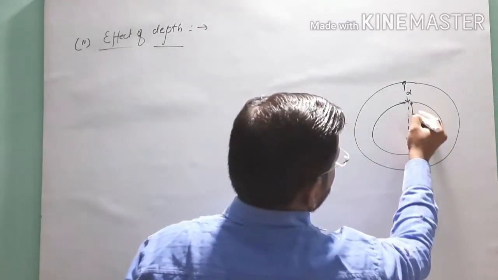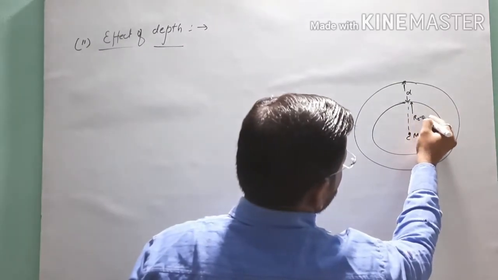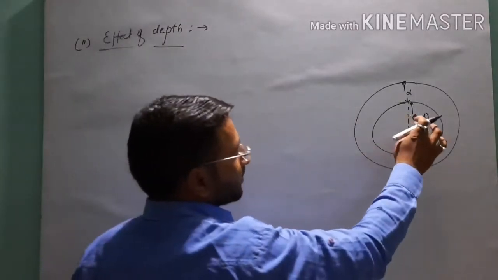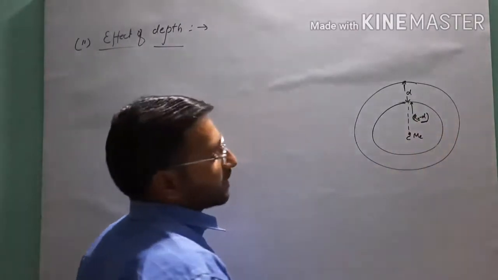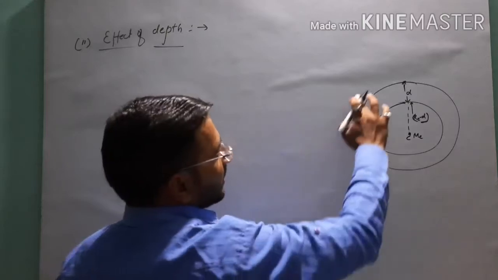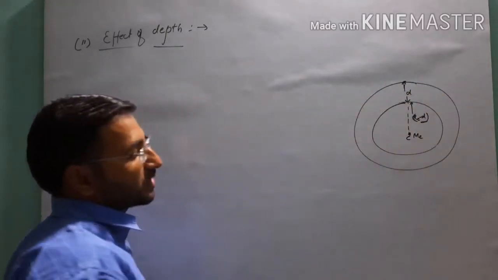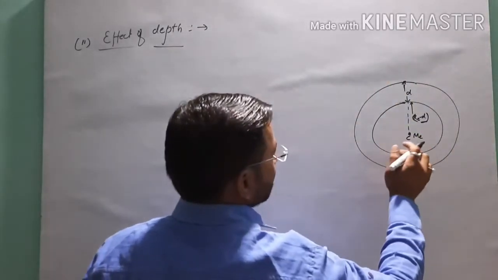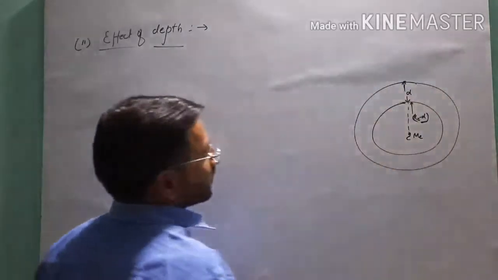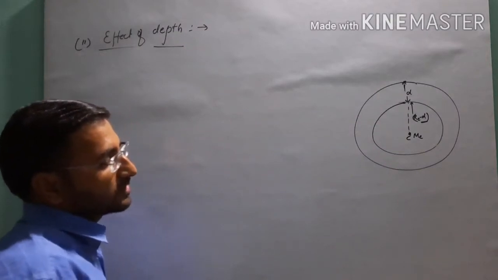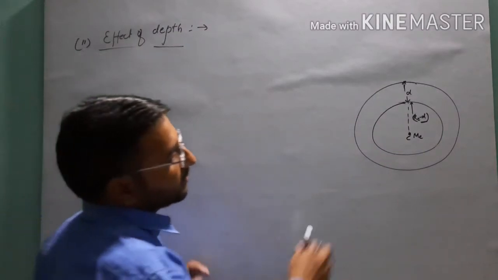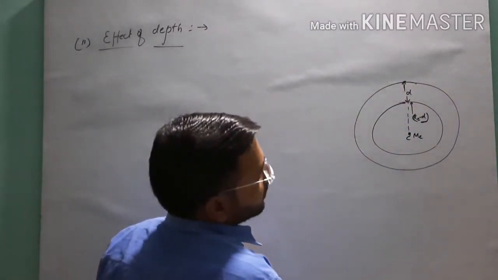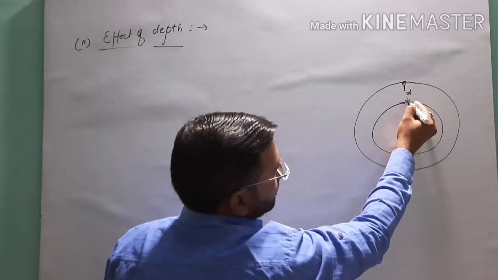And here, h is the depth below. This case is important because the mass of earth will change when we talk about the radius Re minus d. Here I assumed, as you know, that earth is like a sphere. Initially, the surface point is on the surface of earth, which has radius Re, but when we move h depth or d depth below the surface of earth, the new point is supposed to be here.